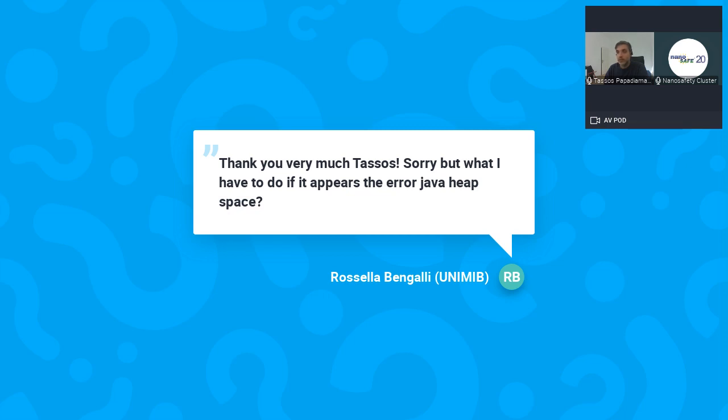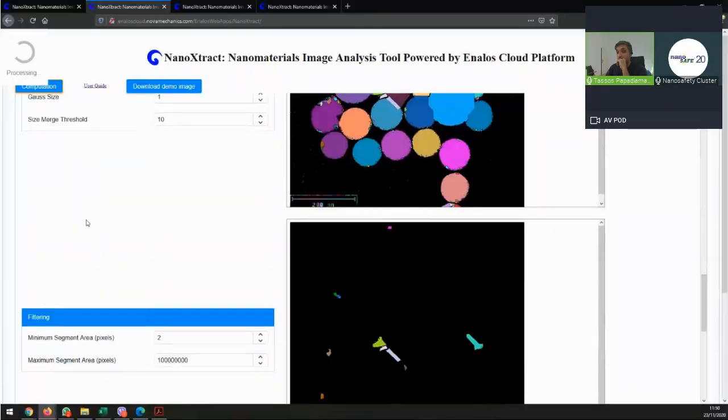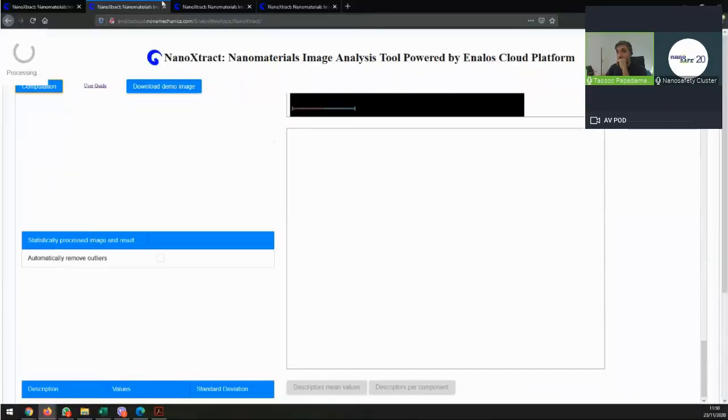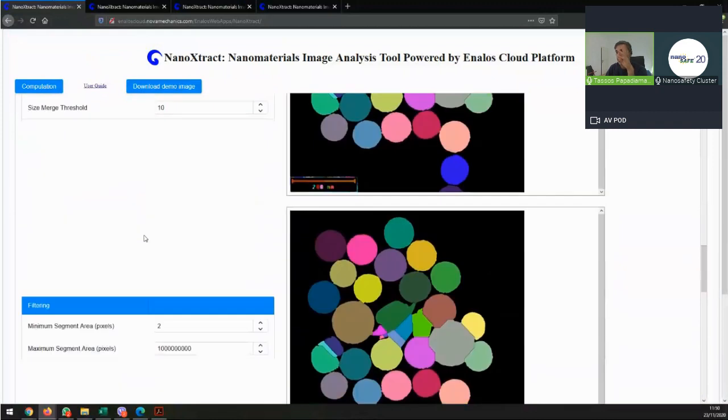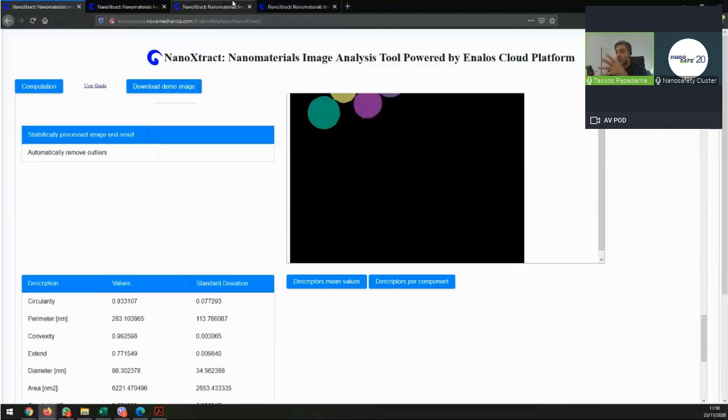Was this because the system was stuck? Yes, probably, or maybe I was running too many images at the same time. But I think it's because the system is stuck, and I really apologize for that. As you saw, when I refreshed, it's like it could not load the image.